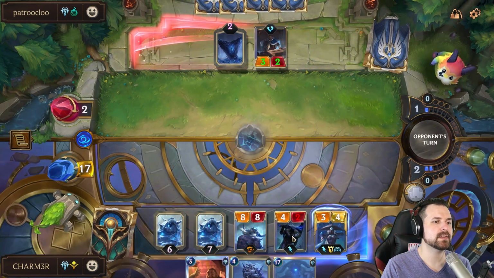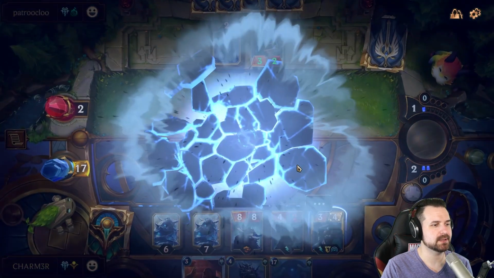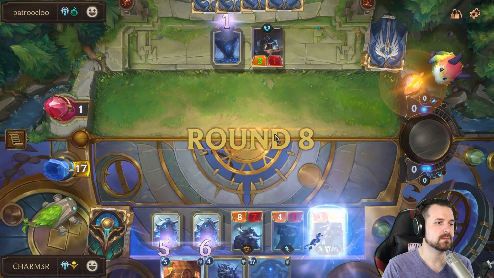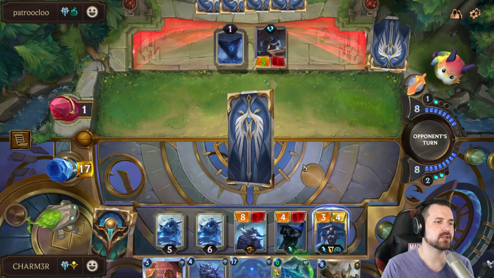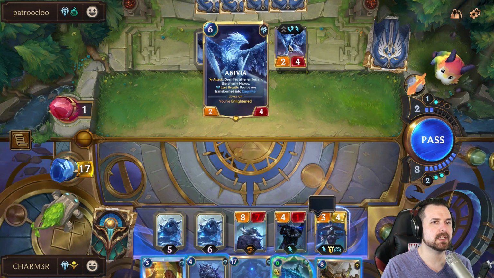So we'll go ahead and do this. Does get this within Vile Feast range on the following round, but again, if our goal here is to try to catch this Ravine, we will just wait it out. The Ravine is better than the Shard because it triggers the following turn, which means we would get this as well. Now, Anivia here